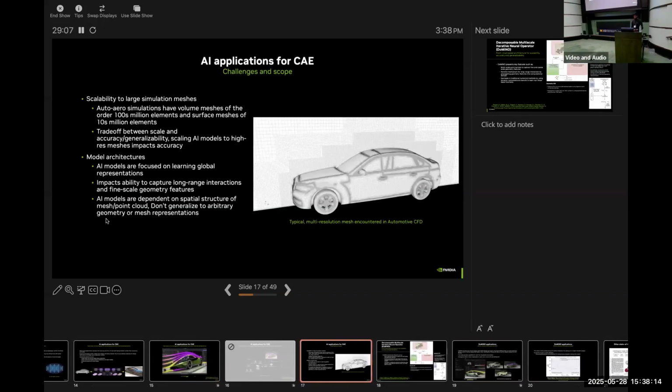So we saw what these models can do once you have them. Hopefully, that gives a good motivation of why someone should build some of these models. And now we'll look into some of the challenges that come when you start developing them.